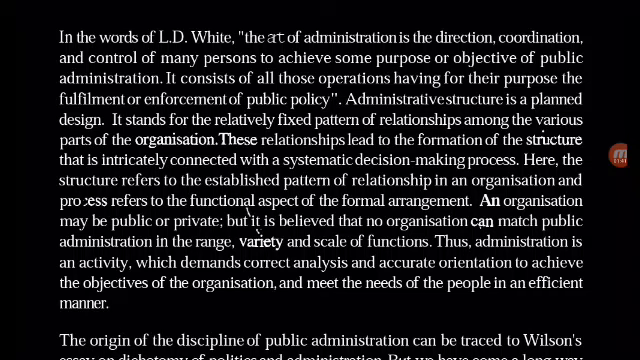Administrative structure is a planned design. It stands for the relatively fixed pattern of relationships among the various parts of the organization. These relationships lead to the formation of the structure that is intricately connected with the systematic decision making process. Here, the structure refers to the established pattern of relationship in an organization, and process refers to the functional aspect